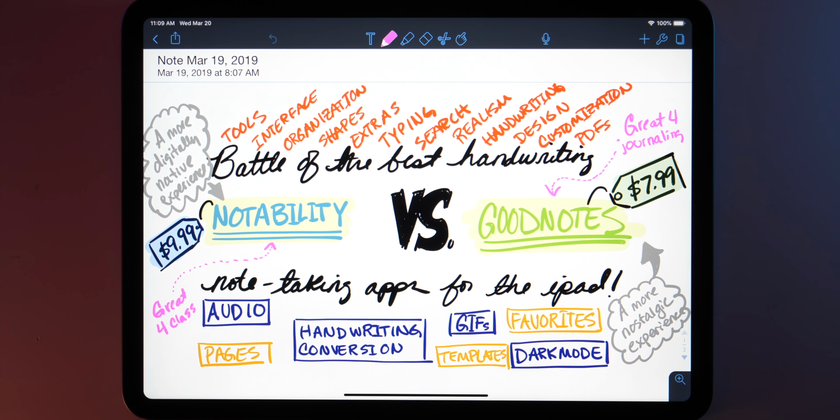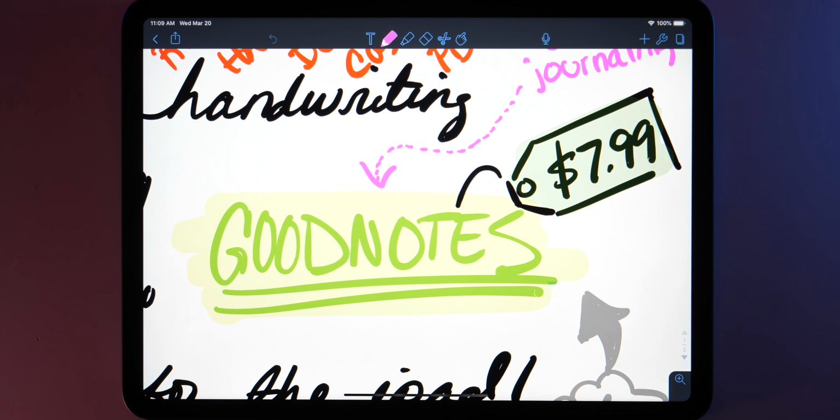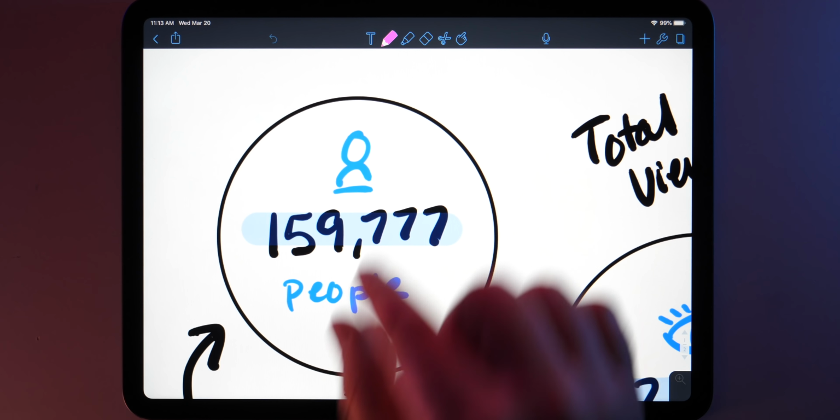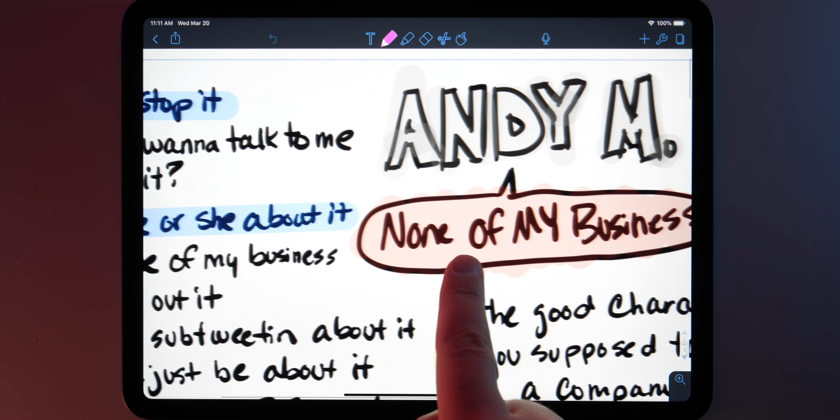Hey, it's Chris, and coming up on this highly requested video on which is the best handwriting-driven notes app for the iPad, GoodNotes 5 or Notability, I'll be talking about which features to look for in a good iPad notes app, who these apps are for in the first place, why I chose to compare these two apps in particular,